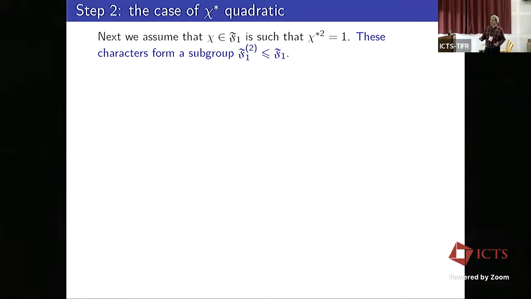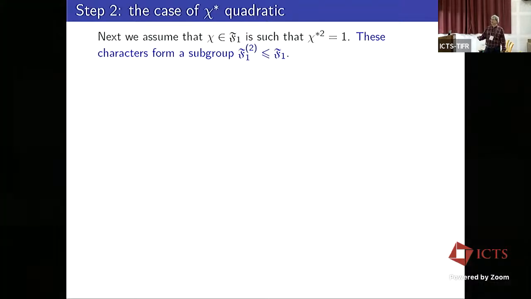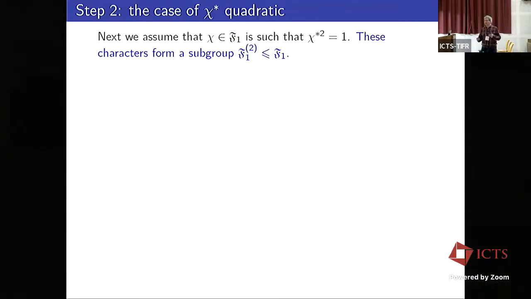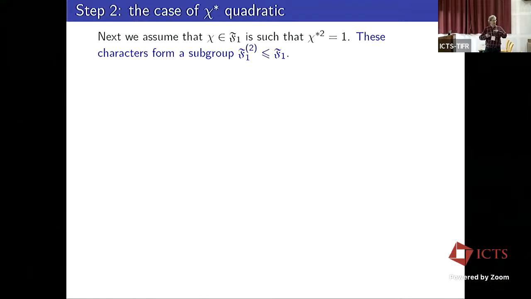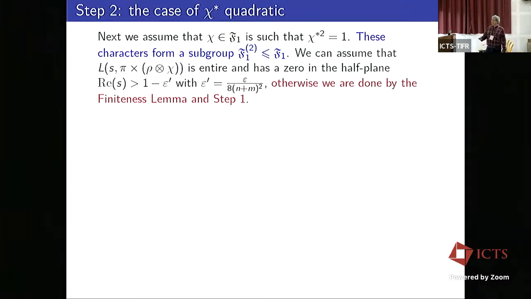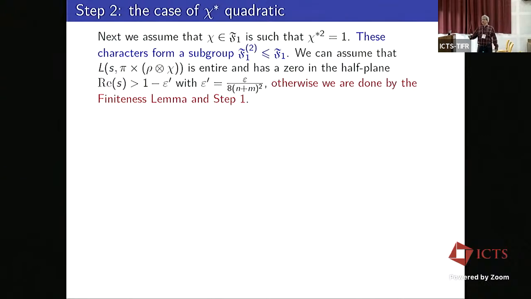Now, in the next step, I look at the case when chi star is not necessarily trivial, but it's quadratic. That is to say, chi is a quadratic character multiplied by a determinant character. In the first step, we looked at determinant characters. Now we look at all the quadratic characters multiplied by determinant characters. So these characters form a bigger subgroup. I call it F12. And now again, we can assume that the twisted L function L_S of pi is entire, because if it's not entire,